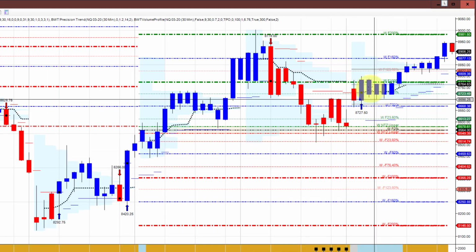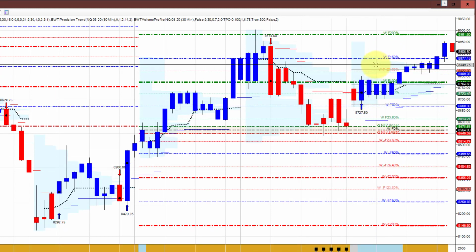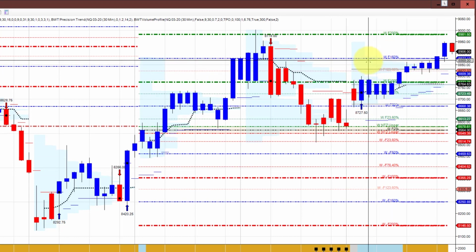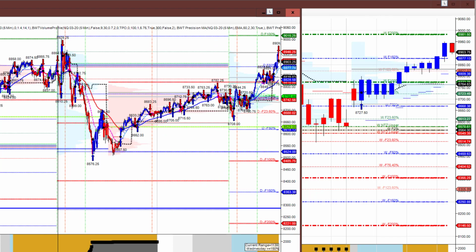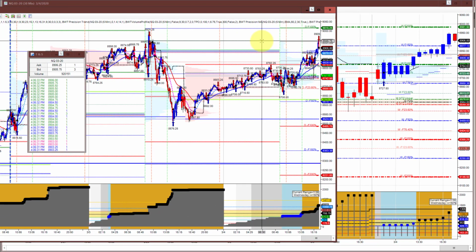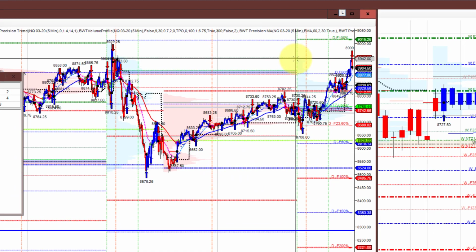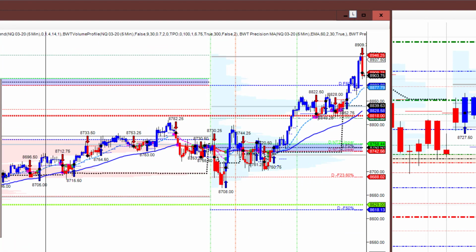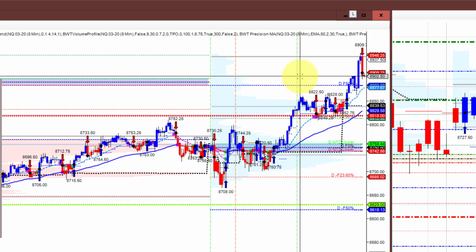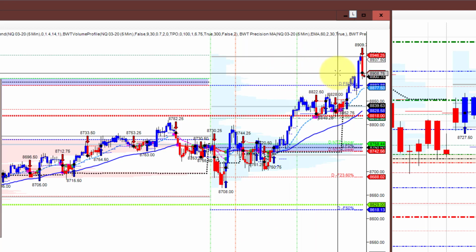So the market did come up, as I predicted earlier in the video, to the 150, and if we bring the 5-minute chart over here, we can see that it came up to the 50%, which is what I was calling for, and then it came up to the high of the value area from today, which is this gray line. Interesting that that was the high of the day,